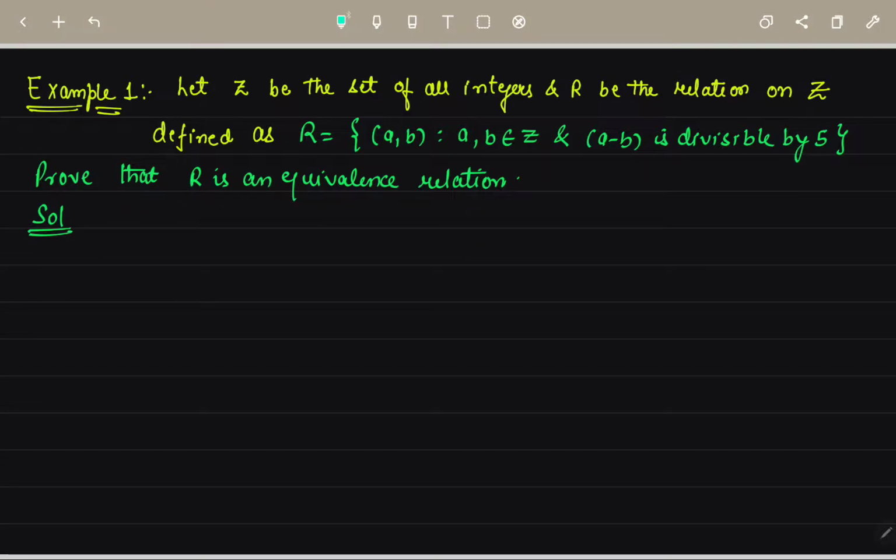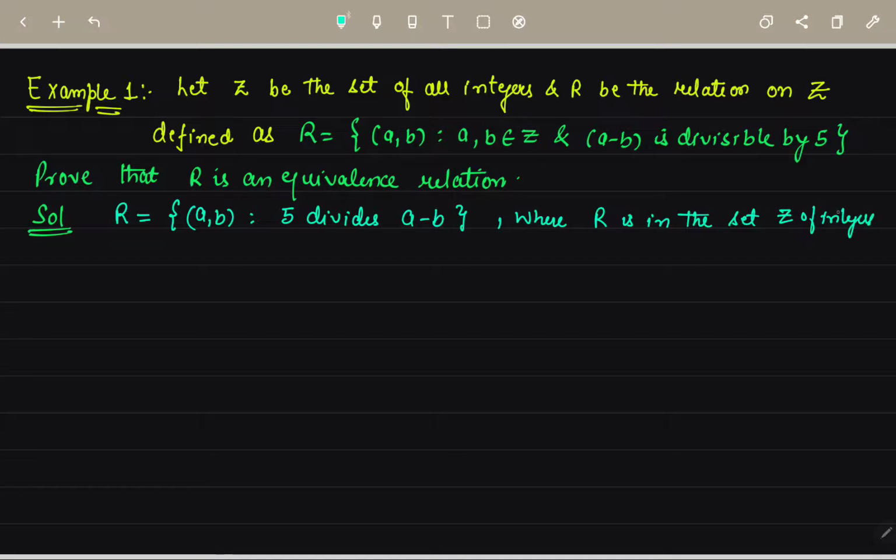इस तरीके के भी questions आपको आ सकते हैं, ज़रूरी नहीं है कि simple आए, इस type के भी questions आ सकते हैं। So देखें इसको हमें कैसे prove करना है। सबसे पहले हम क्या लिखेंगे कि जो हमारे पास defined है, R given है, that is equal to ordered pair (a, b) such that 5 divides a minus b। यही मतलब हो गया कि a minus b is divisible by 5, means 5 divide कर रहा है a minus b को। और यहाँ पे where a, b is in the set of integers, set Z of integers, ऐसे लिखते हैं।